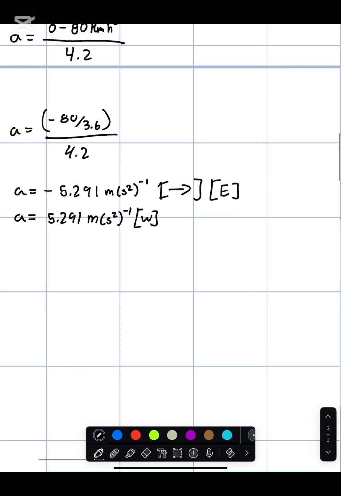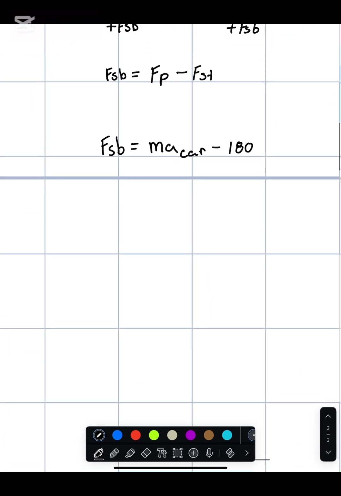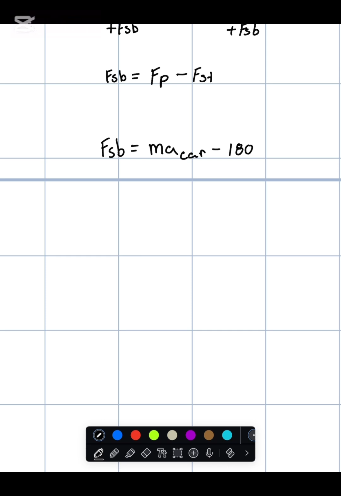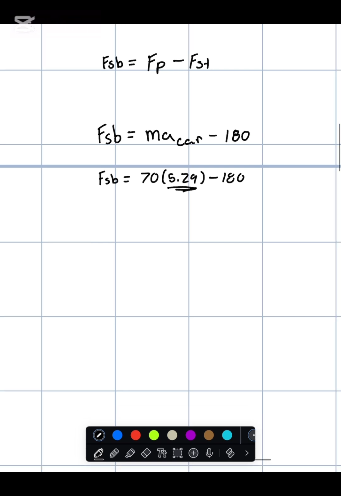So now since we found our acceleration, we can plug it back into our formula. We already know our mass, which is going to be 70. So our FSB will be equal to 70 times 5.29 minus 80. Now, when you're calculating these, you always want to keep your answer in the calculator, which my answer was 5.291005291. So I want to keep that in my calculator, multiply that by -1 to get it out of the negative, which we did over here,